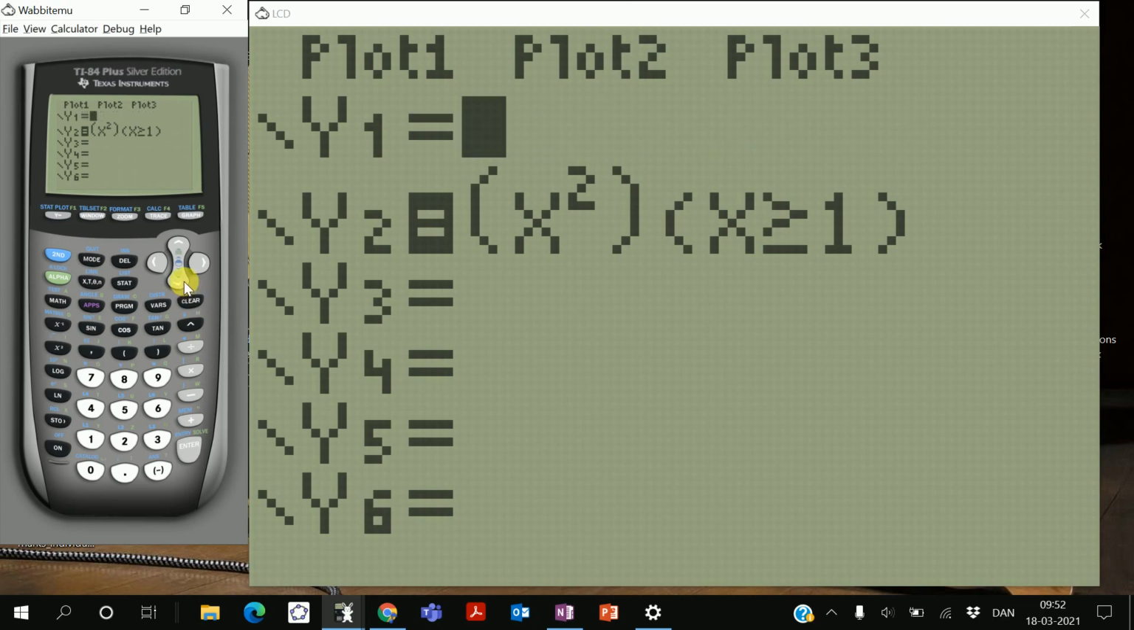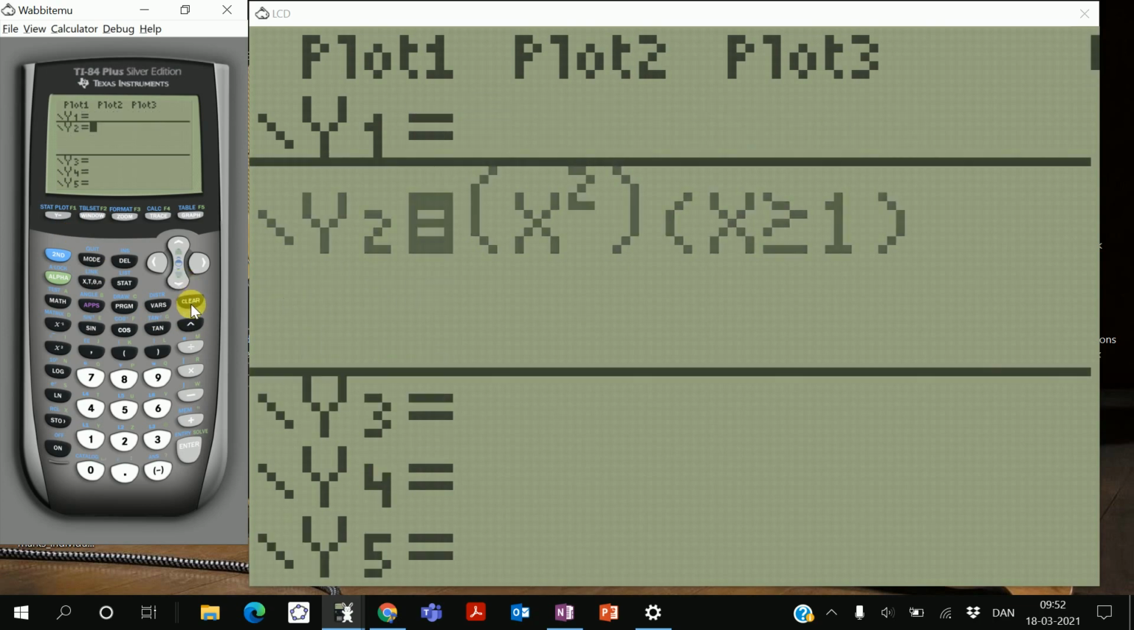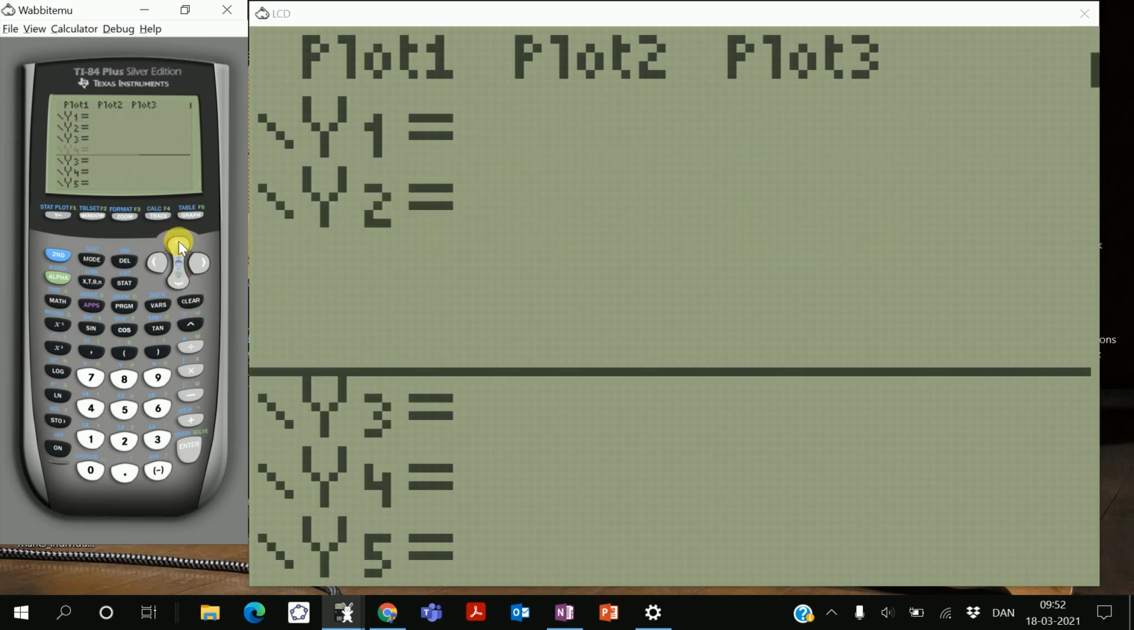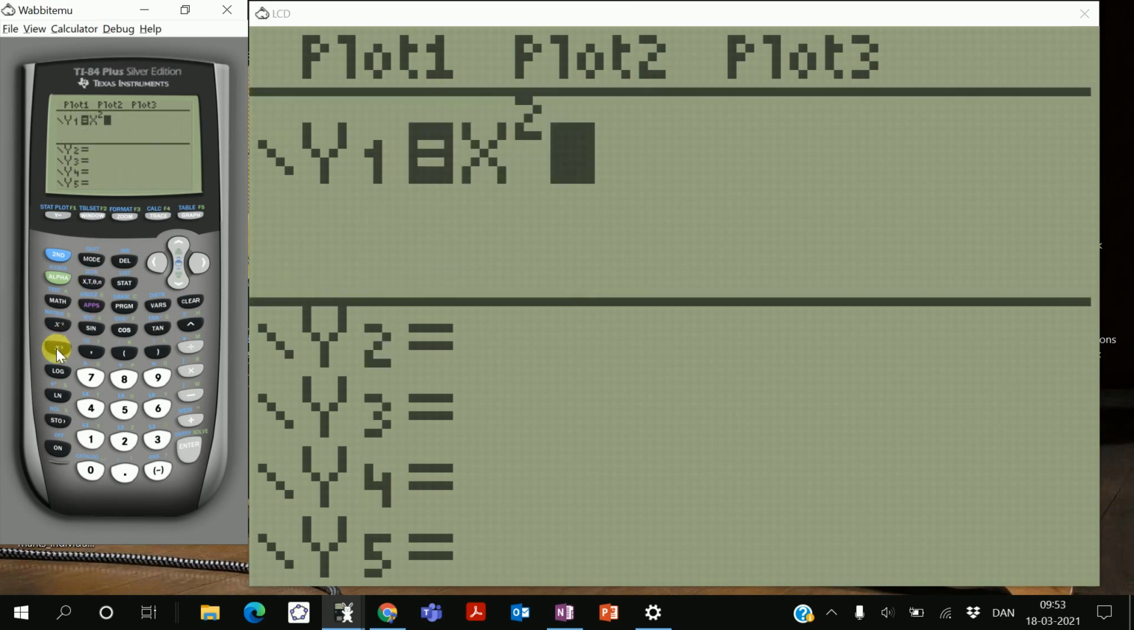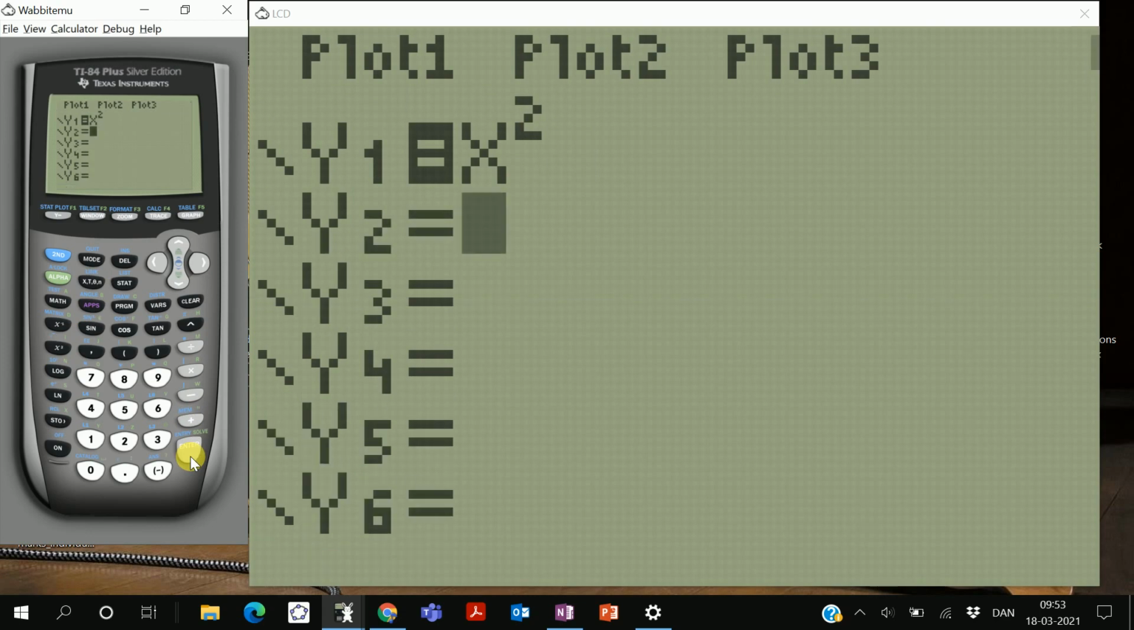So we clear the entries and I enter a function here. It could be anything, it could be x squared, for example. So here's my function x squared, and the TI-84 cannot by default work out your derivative functions, but actually we can trick it to sketch it,